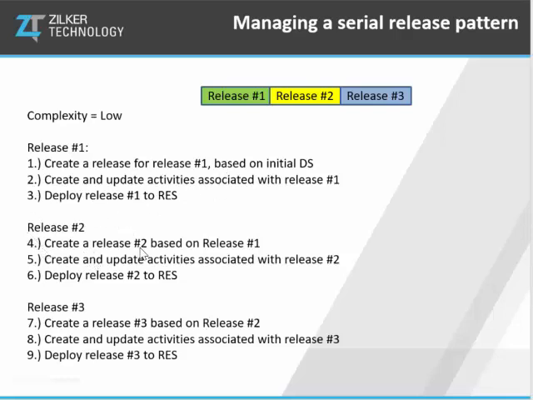We create release 2 based on the ending values and end of state of release 1. So we're starting where one left off, the other begins. We create a whole series of change activities, validation activities, and we update all those activities associated with release 2. Then we deploy that to the rule execution server, and then we can see that we can start release 3 directly from the information based on release 2, which is really a combination of release 1 and release 2 changes, and then we start the release 3 information activity changes, create and deploy those changes to the rule execution server,